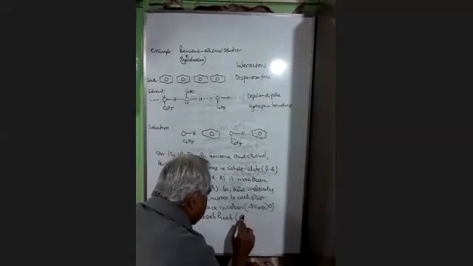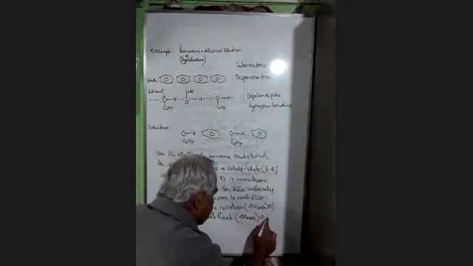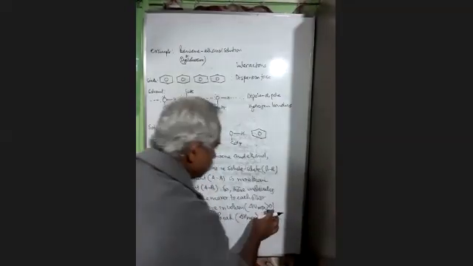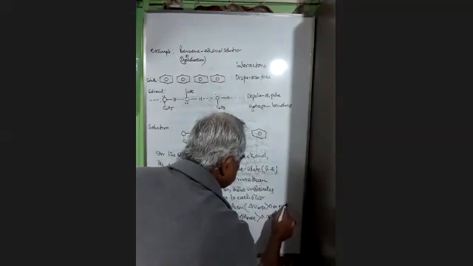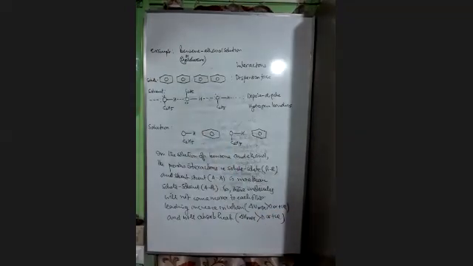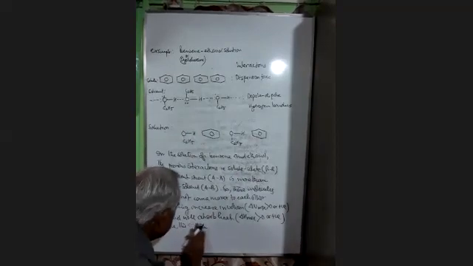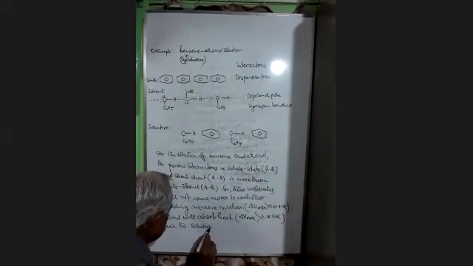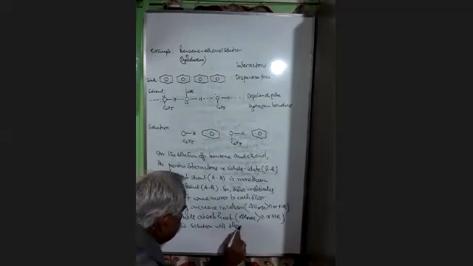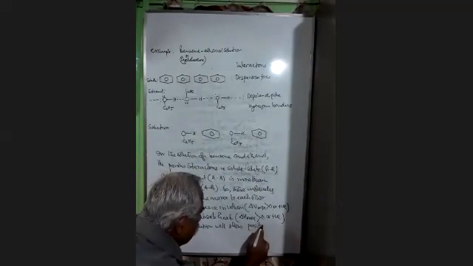It is delta H mix is 0 or positive. Hence, the solution will show positive deviation from Raoult's